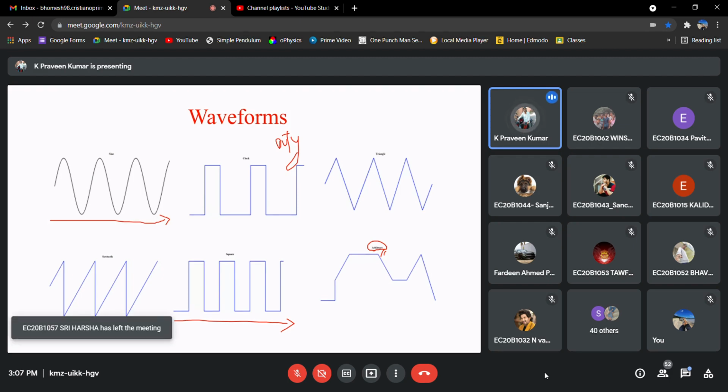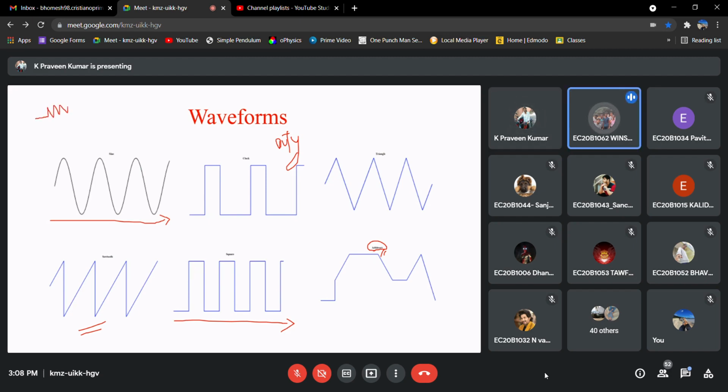If you want to observe some transient response, have you heard about these terms, transient response, frequency response? Any idea? No, sir. Yeah, okay, I'll simply explain. Yeah, switching on time, switching off time, that one, sir. Yeah, almost. But I will explain very simply. I don't want to go into that much detailed mathematics and all.